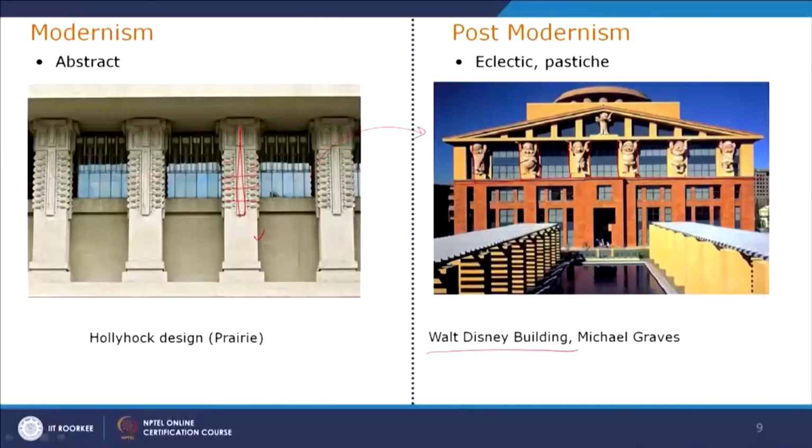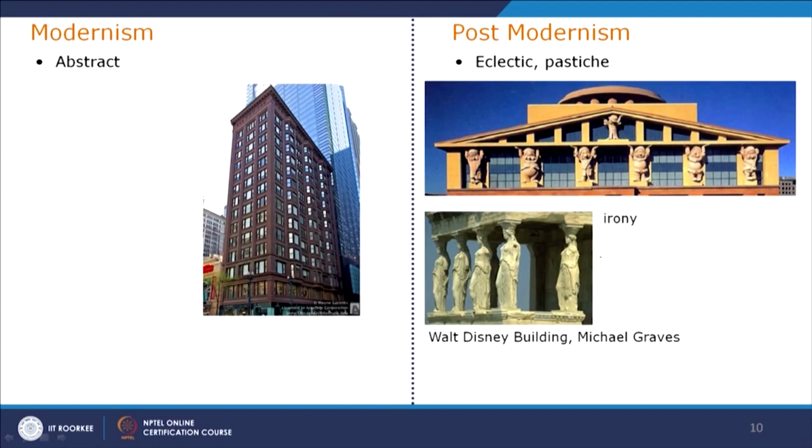Greek buildings, to dwarf males, which comes from the Seven Dwarfs story of Walt Disney, in the Walt Disney building designed by Michael Graves. So this folklore of the Seven Dwarfs is translated into the Doric column, and these are the seven dwarfs. The character of Snow White is there, so six, and then another one is here. This is actually an irony, and this element of irony is there in